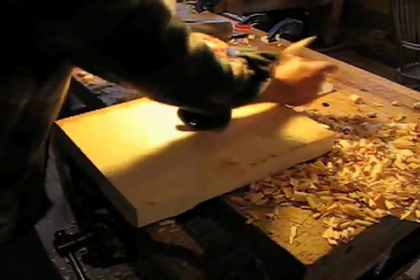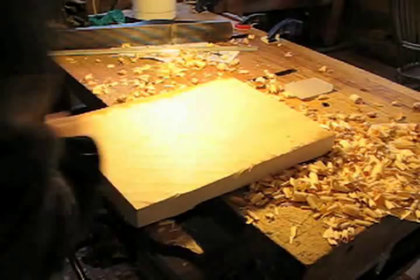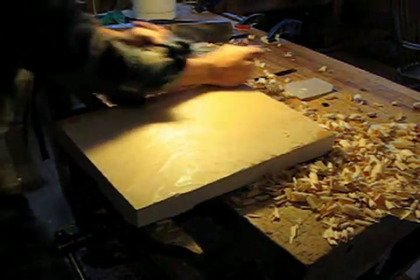And I'll make it all the way across there. And then I'm going to go straight across from one high corner to the other, although I'm pretty much blocking the camera here. I'm just going from one corner to the other, just trying to knock some of that material off of there. After I've done that for maybe 2 strokes all the way across that area,